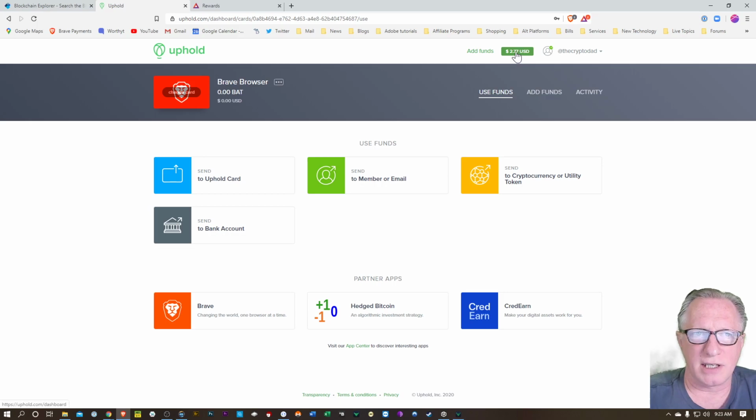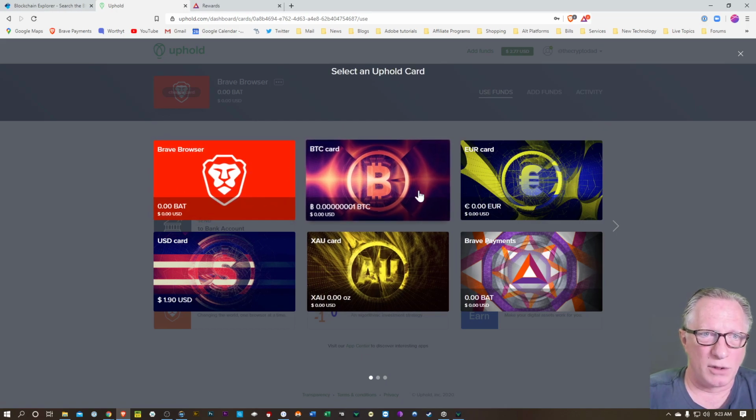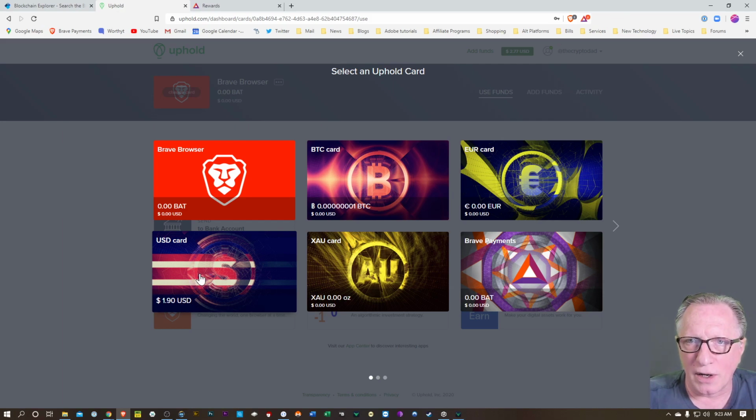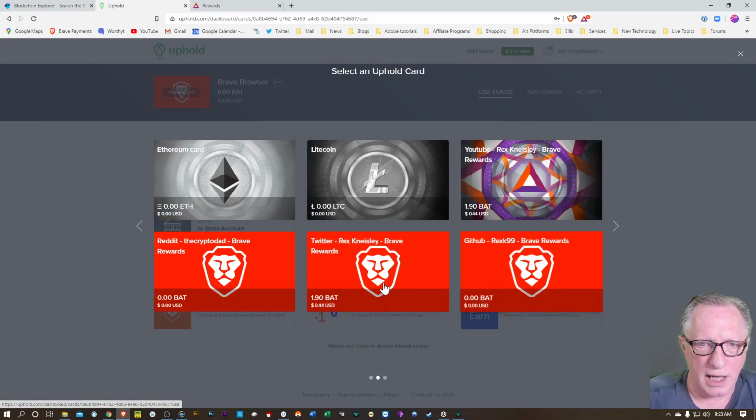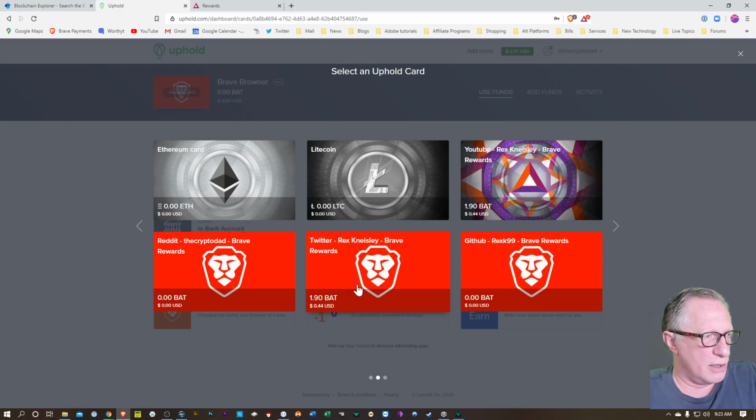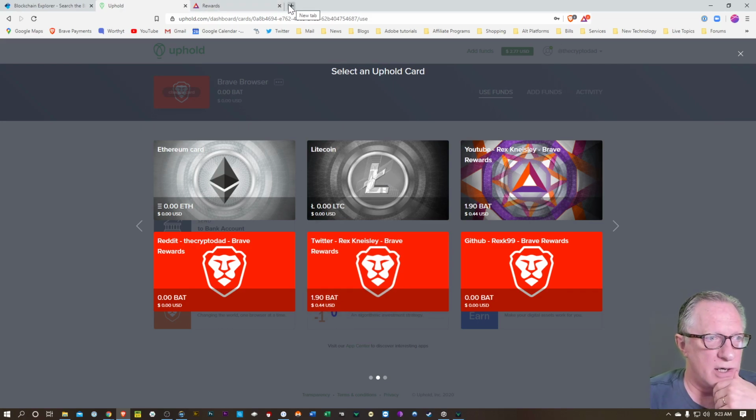I'm in there. And as you can see, there's some value in here, right? I have several wallets in my Uphold. There's a little bit left on my US dollar card. Yeah, there's a little bit of rewards in my Twitter wallet. So, you can claim your social media accounts with BAT, right? There's a way to do that, like Brave Rewards. So basically, you just verify that you're the owner of those accounts, right?